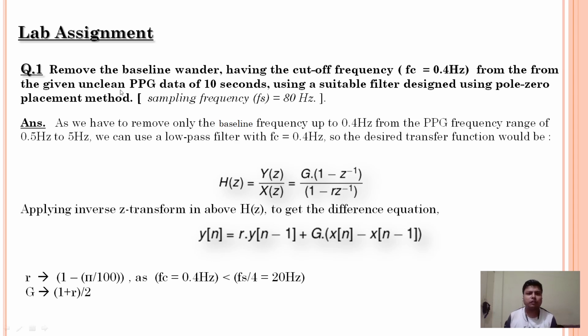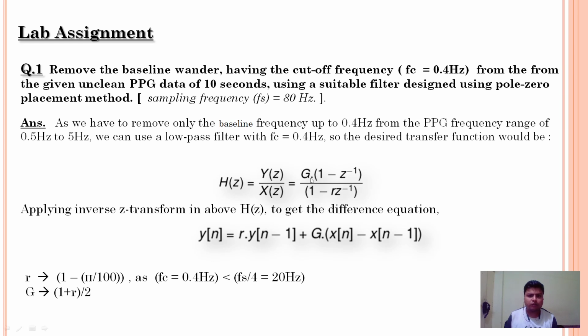So the first question of the lab is to remove the baseline wander having the cutoff frequency of 0.4 Hz from the given noisy PPG data of 10 seconds using a suitable filter designed using the pole zero method, and the sampling frequency of the data is 80 Hz. Since we have to remove the baseline frequency which goes up to 0.4 Hz from the PPG frequency range of 0.5 Hz to 5 Hz, we can simply do that using a high pass filter with cutoff frequency 0.4 Hz. And so the desired transfer function of the filter would be as mentioned,